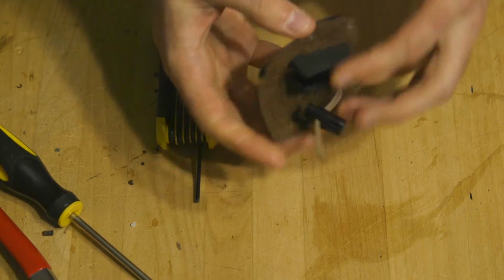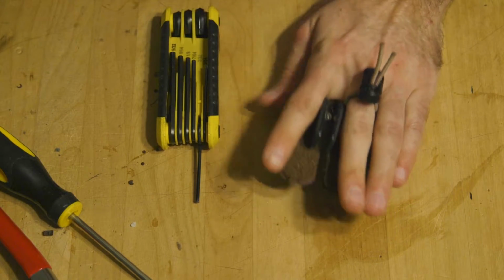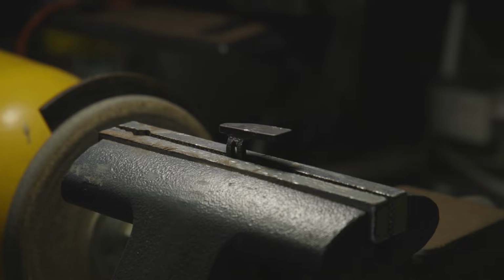All right, a little off-camera fiddling there, and there we go. We have almost a complete tab. The only thing we're missing is the shelf right on top here. All right, welcome back to the garage again, and this is round 2 with the right-handed shelf that needs to